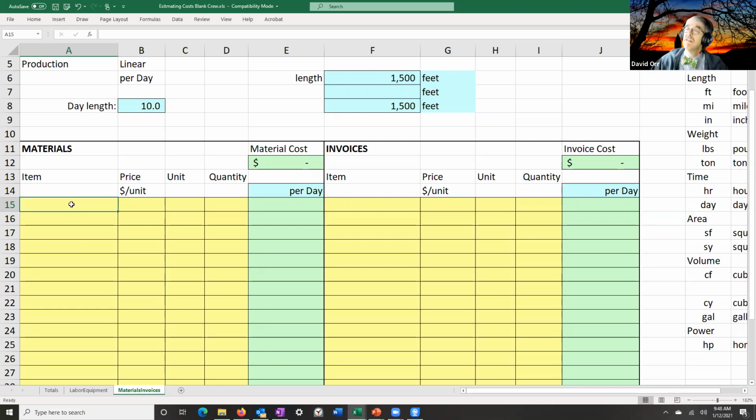Little grass seed, erosion protection, okay? Maybe a blanket, okay? Let's just assume some grass seed. A lot of times if I could just put in some grass seed, that'd be enough. That'd be all I'd have to do, okay? So I just put a little grass seed down. What is the price of grass seed? Anybody know?